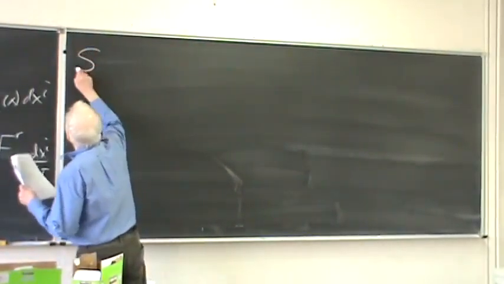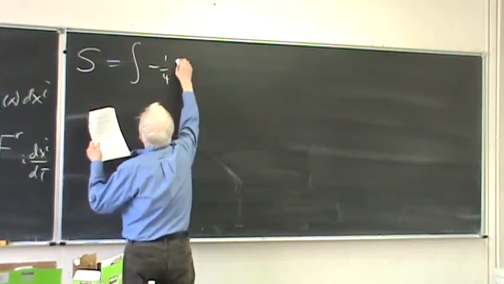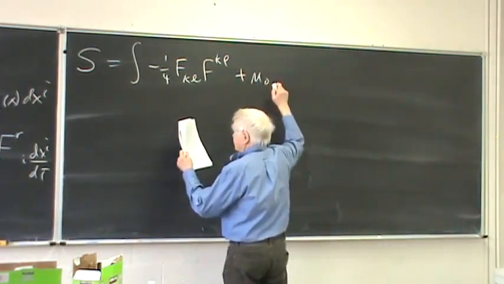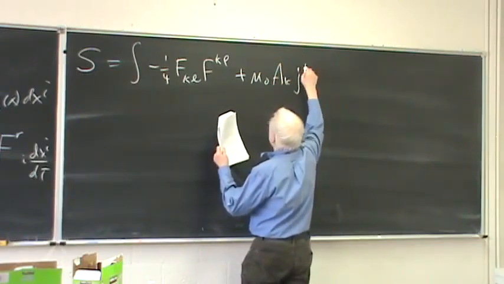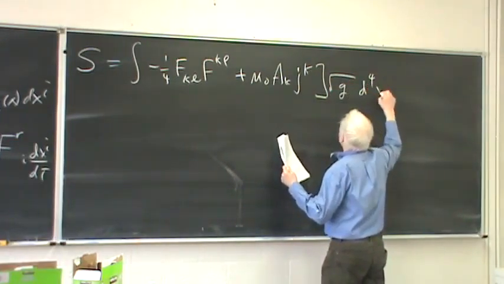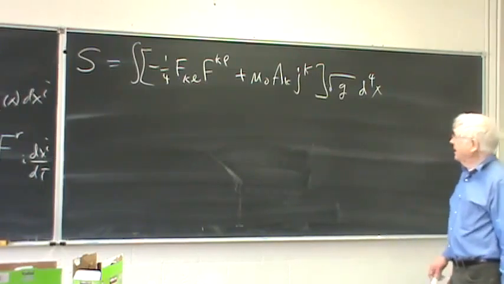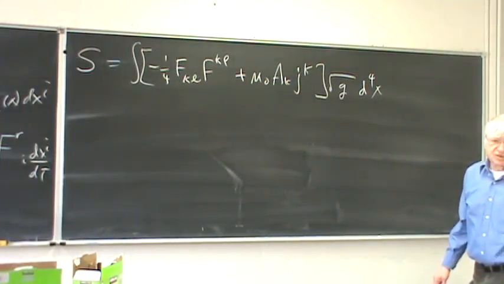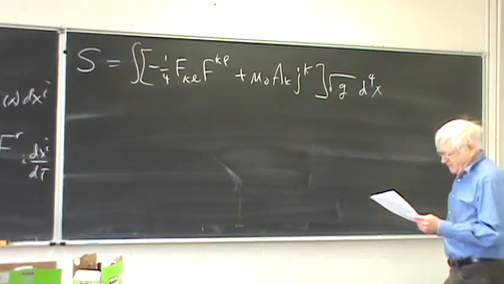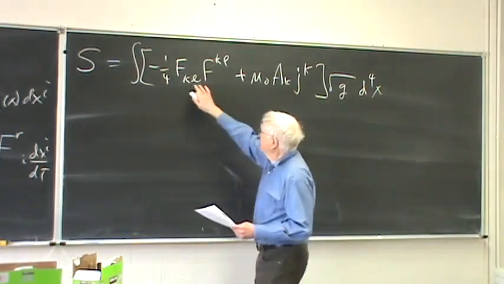So now, let's basically consider a different part of the action, and this is minus a quarter F_KL F^KL plus the magnetic constant times A_K J^K, and all that times square root of g d⁴x. g is the absolute value of the determinant of g_ij, the lower index, covariant metric tensor. And now if we vary A,